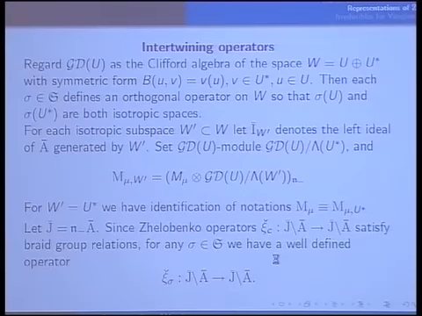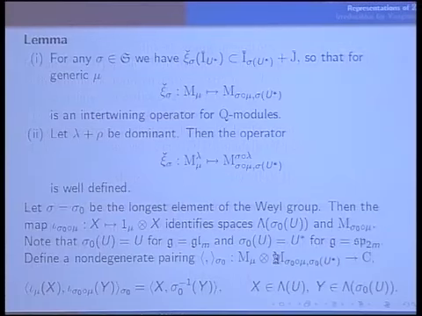And now I use again the Zhelobenko operators, which satisfy braid group relation. Since they satisfy braid group relation, then choosing any reduced decomposition, we can associate to any element of the Weyl group a well-defined operator in this quotient space. And then observe that it's